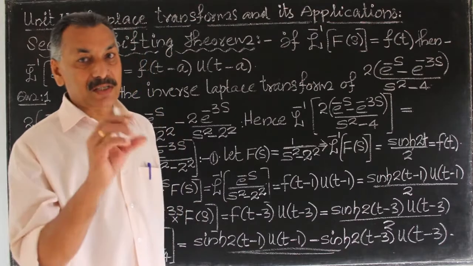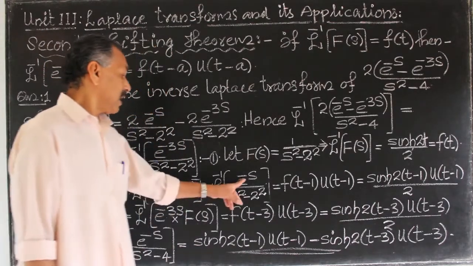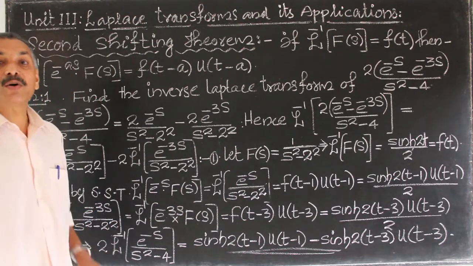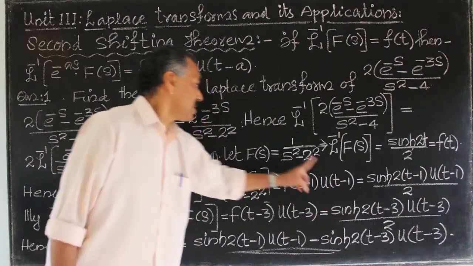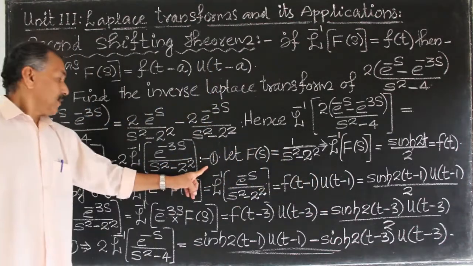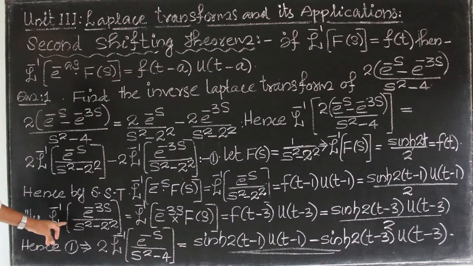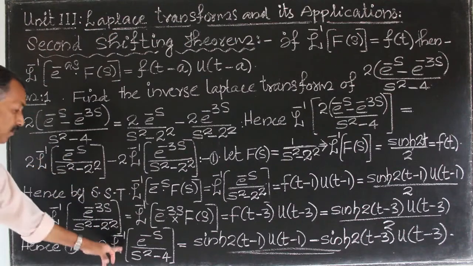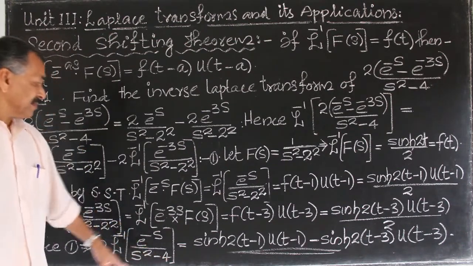Inverse of F(s) is equal to f(t), then inverse of e raised to minus as into F(s). F(s) is equal to 1 divided by s square minus 2 square. This value and the result of 1 is applied. Therefore, L inverse of e raised to minus 3s, sorry, L inverse of the result 1 gives 2 into L inverse of e raised to minus s divided by s square minus 4 is equal to